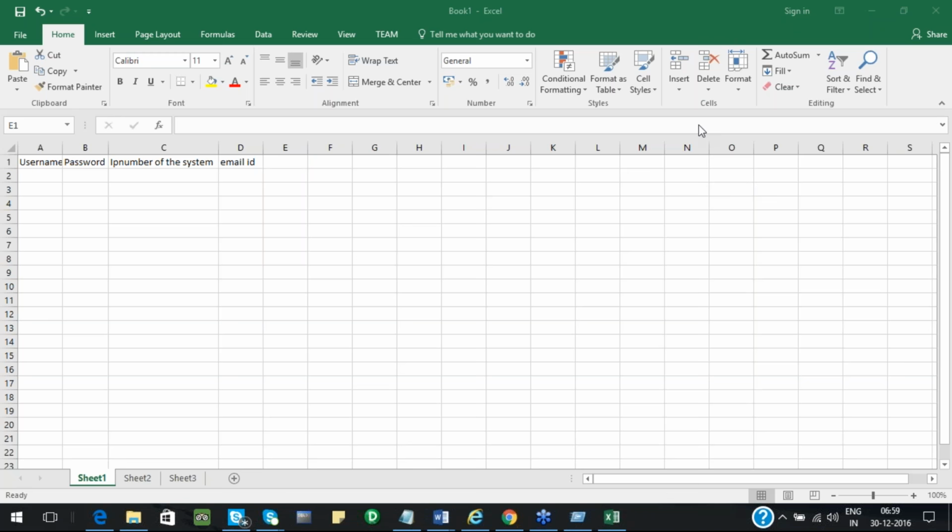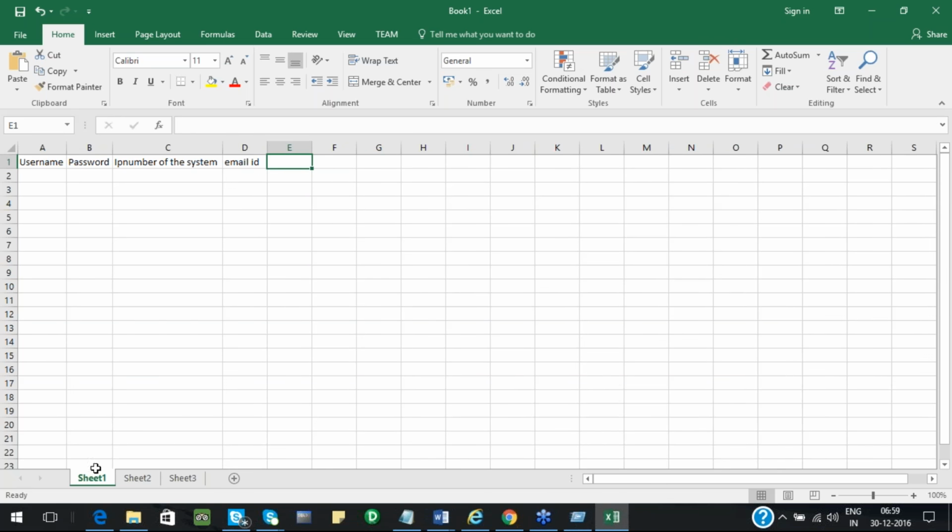Now, from the standards perspective, we cannot use vague names for sheets like sheet 1, sheet 2, sheet 3, right? So we should give a proper naming for it. So sheet 1, we will rename it as user underscore credentials.